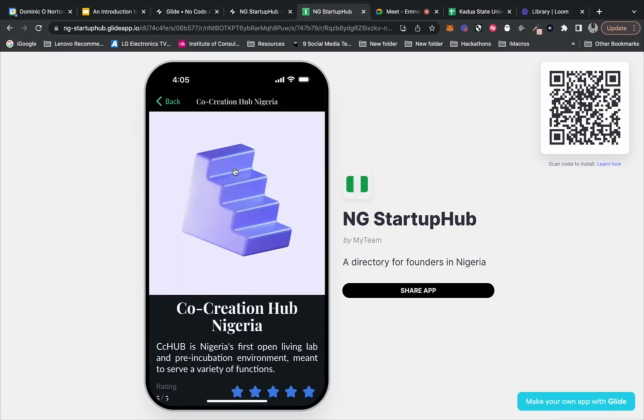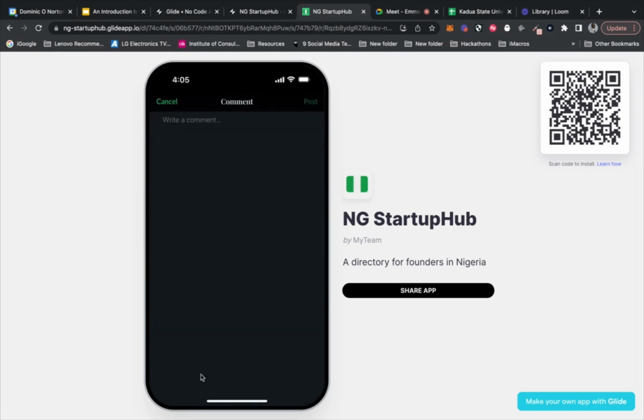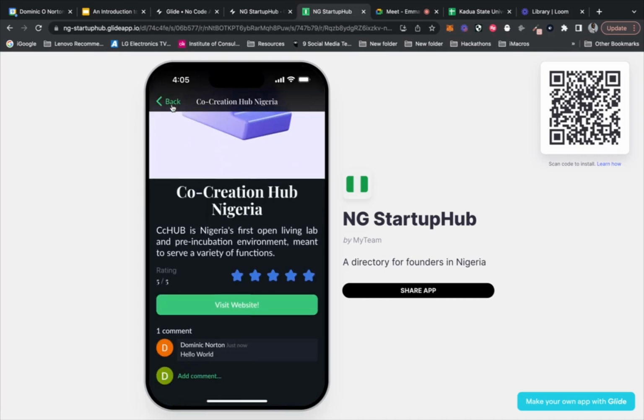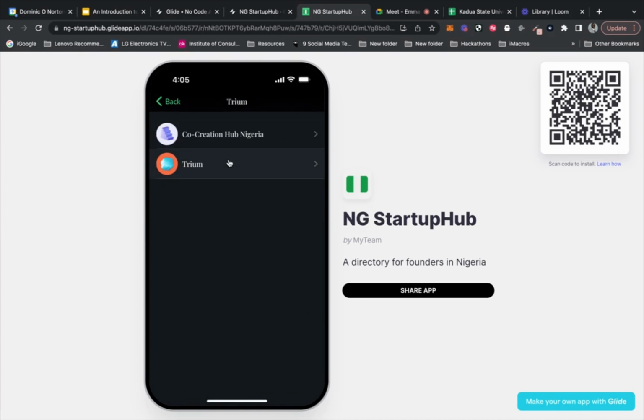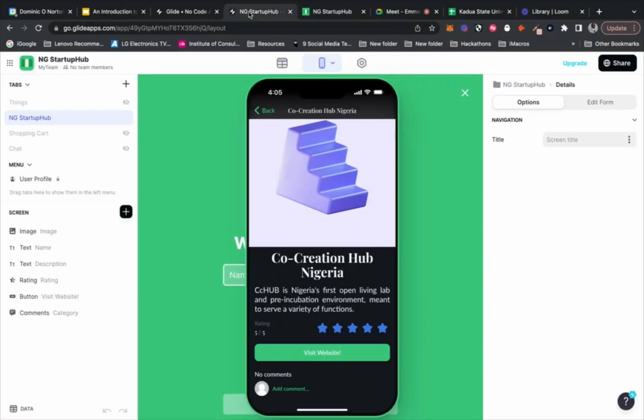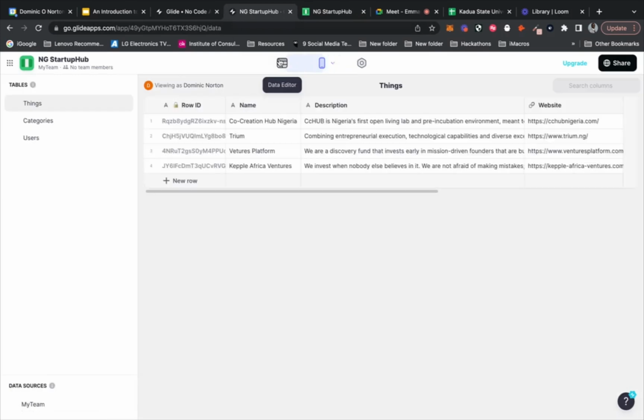Let me try again on the live version. Okay. Hello world. Post. We can see I've left a comment there. Let me just double check I set this up right. Okay. So I haven't set this up right because the comment is also showing on here. This is why we needed the row ID.